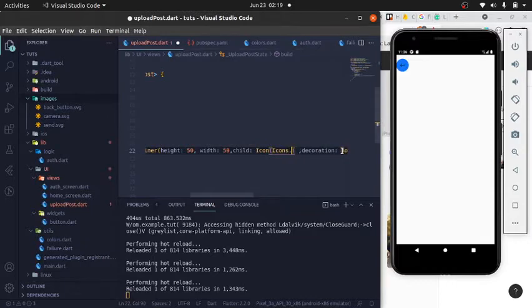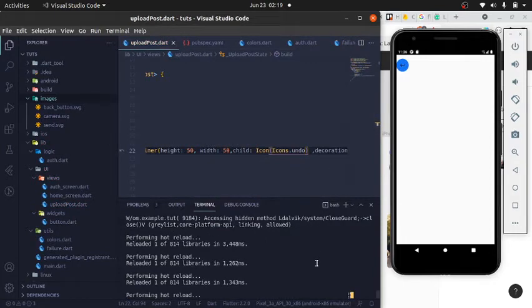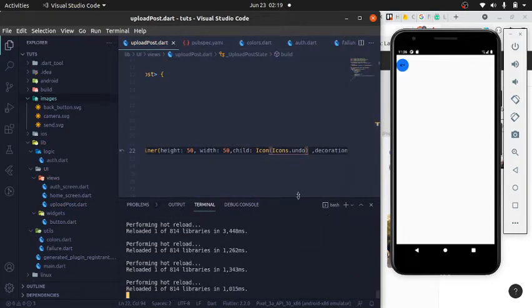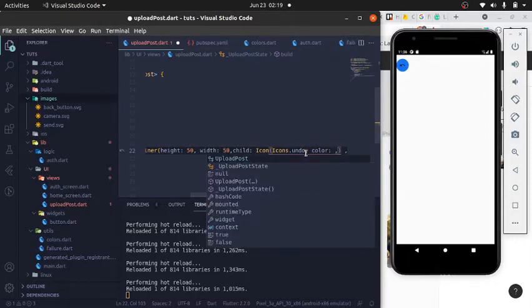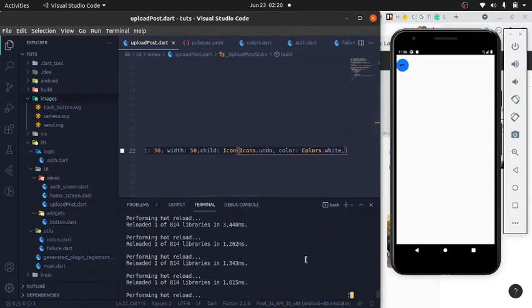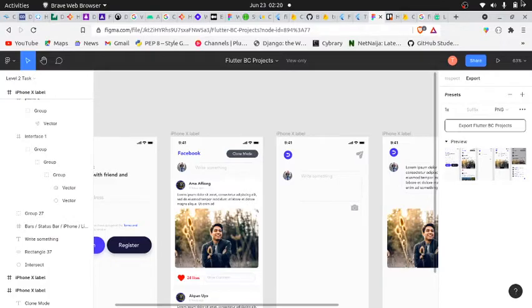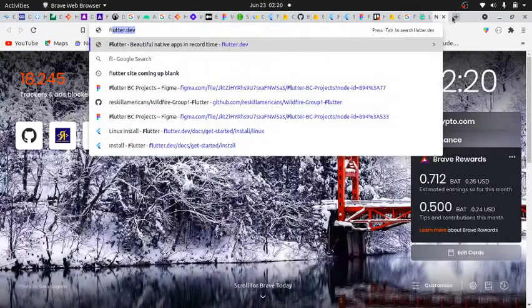Let's see, icons dot undo. Let us see if this actually solves it for us. Doesn't look like it, but we are going to just try to use this and color. So I'm going to make the color Colors dot white. But this doesn't look like what we need, so another solution would actually be to search for it. So what we're going to do is to go to flat icons,